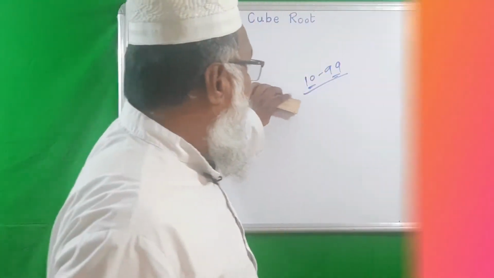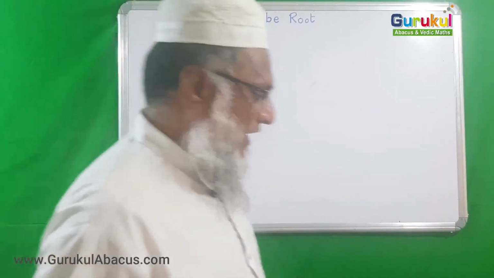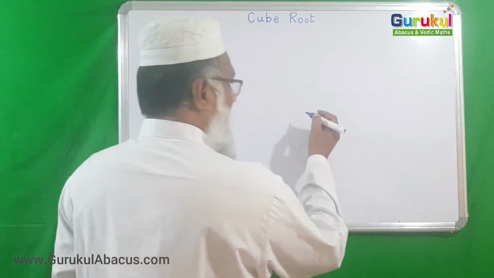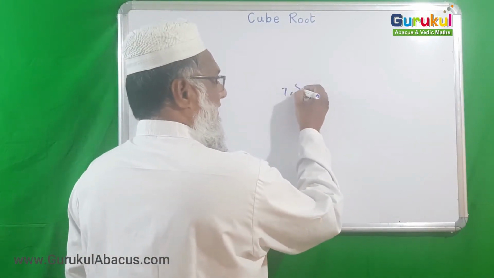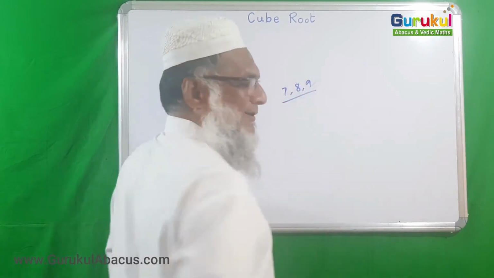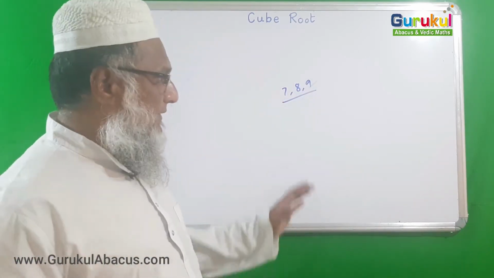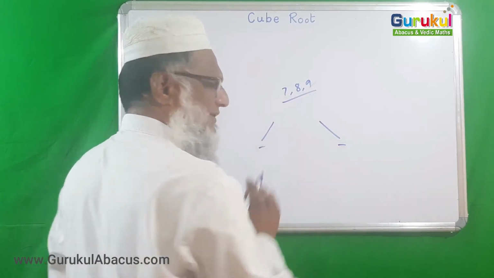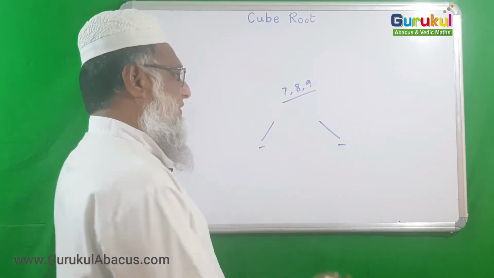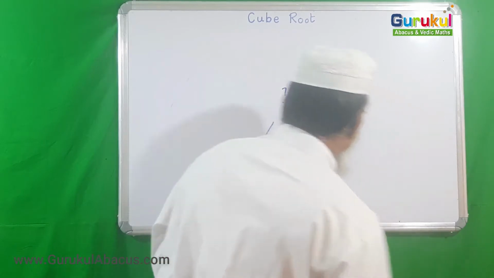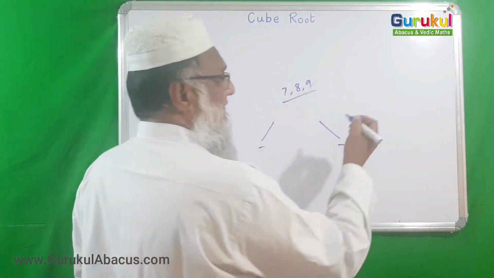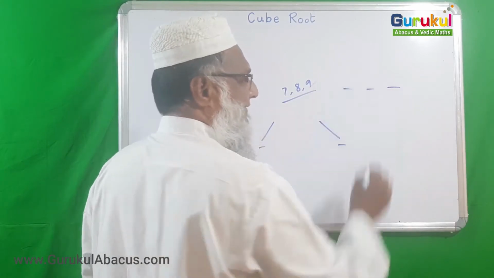Solve. Now we are turning to how to find the cube root of any 7, 8 or 9 digit number. Up till now we were finding the first and last digit just by observation. Here, when our cube number is 7, 8 or 9 digits, then definitely the answer would be 3 digits.